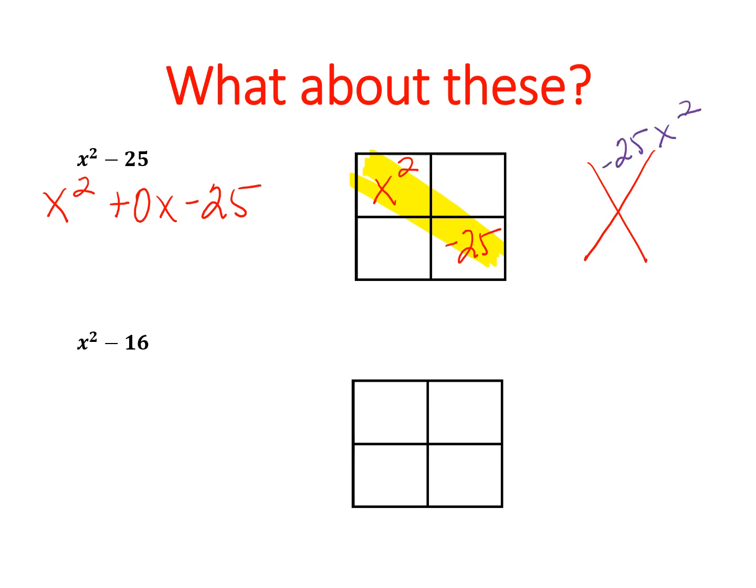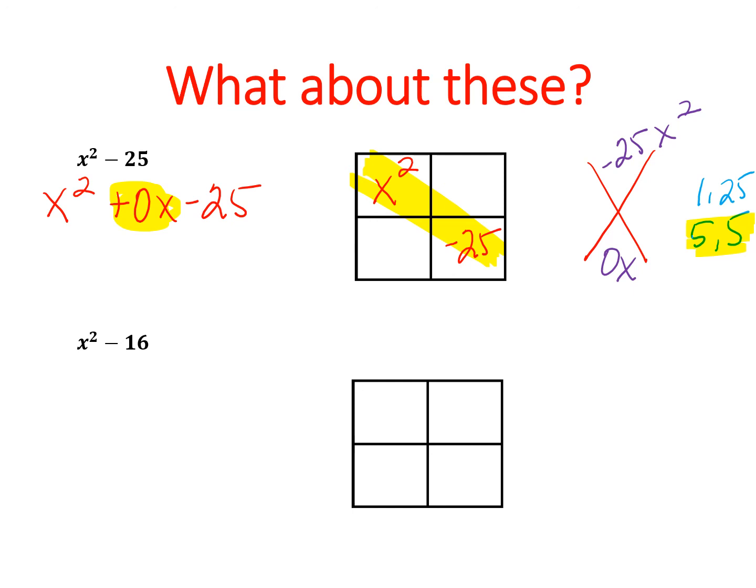And then I want to see what will add up to give me a 0x. We don't have a whole lot of choices in this problem. We know that 1 times 25 is 25, and we know that 5 times 5 is 25. But remember, we're trying to get a 0 when we add these. So I think we're going to have to go with the 5s, but remember,